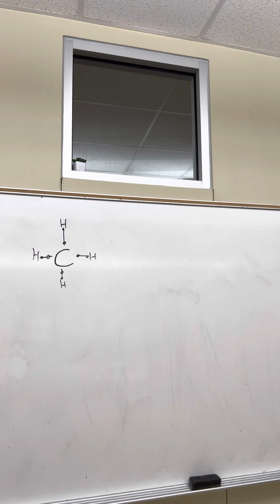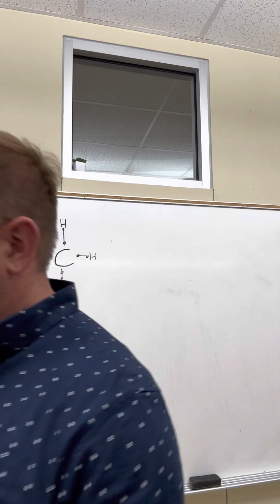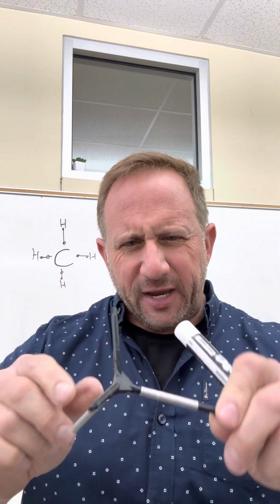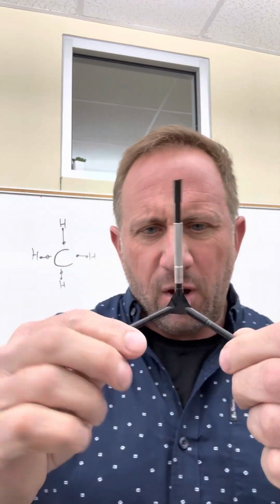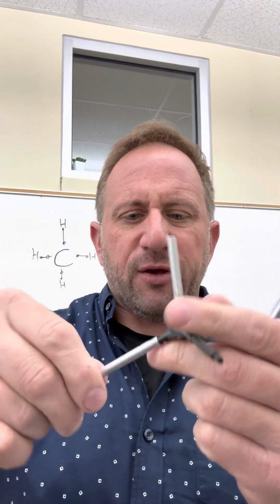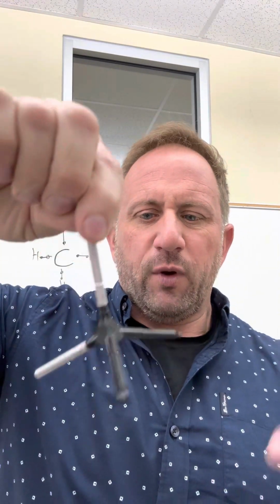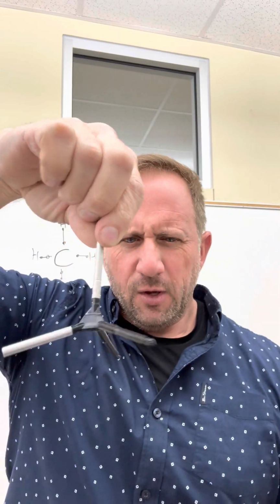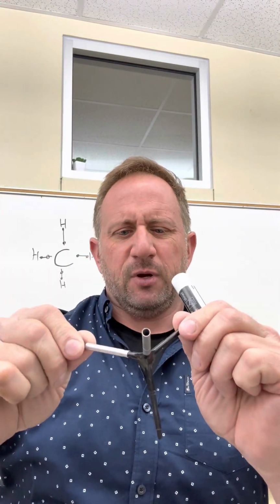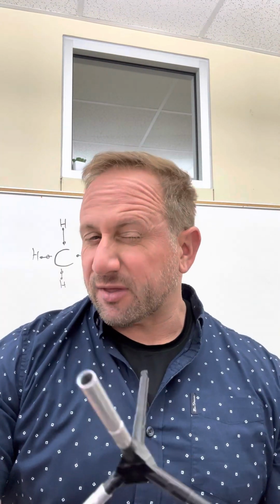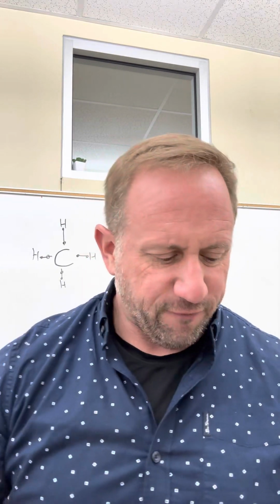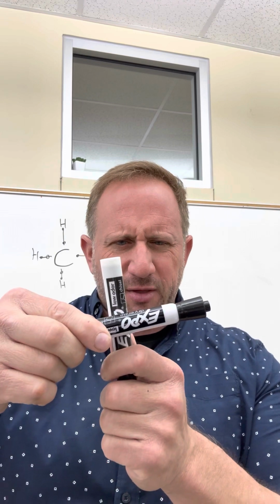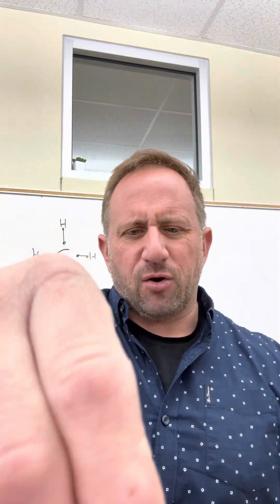We talked about the idea that all of these atoms want to stay away from each other as far as possible if they're negative charges. So all negative charges repulse. And if we look at this model right here, we have 1, 2, 3, 4 things around that central atom. With 4 things around that central atom, you start seeing a different shape here. It's not just a cross. It's not just 4 things sitting like this. There are 4 things sitting like this. And what this is, it's called a